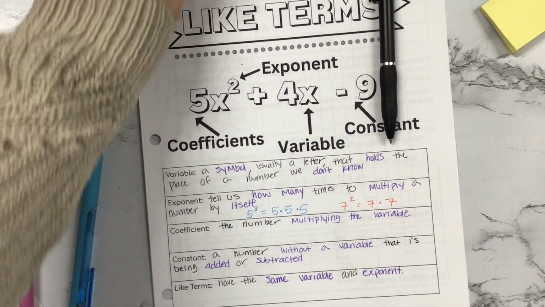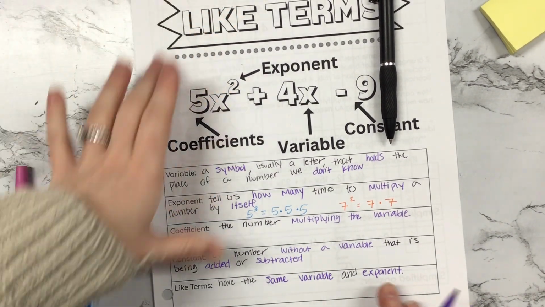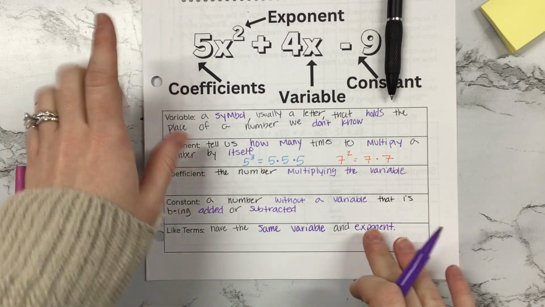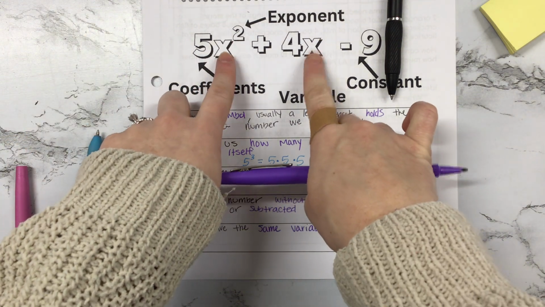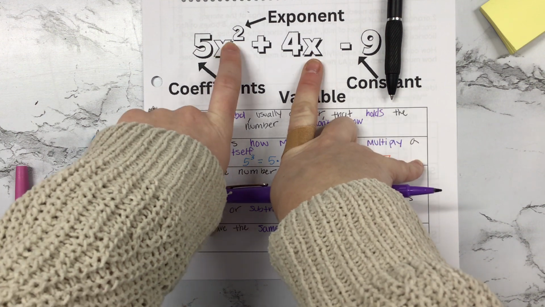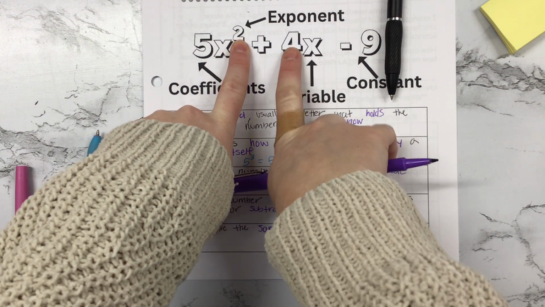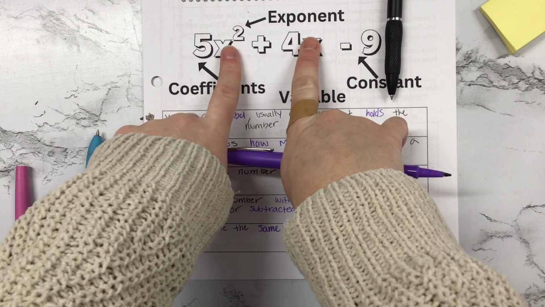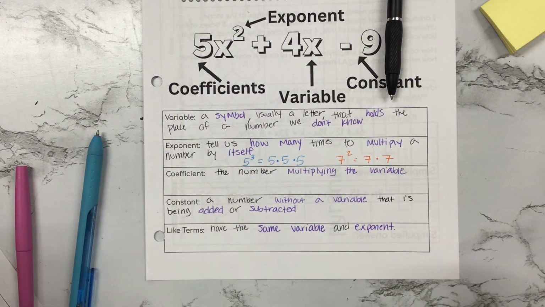I'm gonna scooch this up a little bit for you. Okay. So even though these both have the same letter, this is an x and this is an x, because this one has an exponent and 4x does not, these two would not be like terms. They have to have the same letter and exponent,